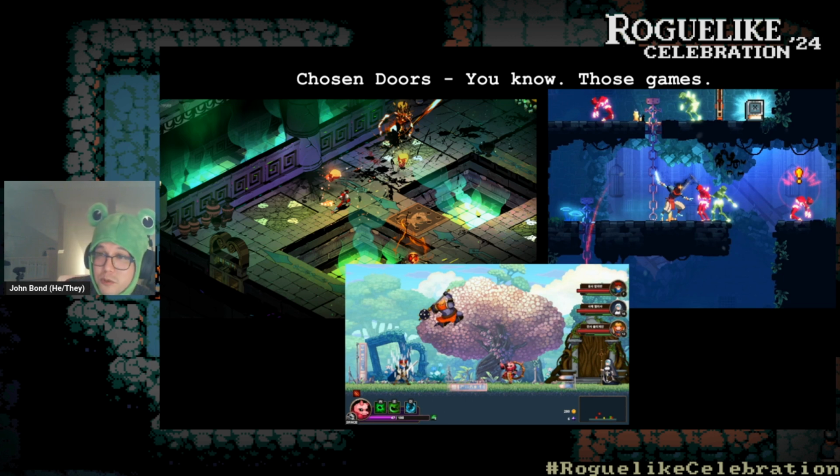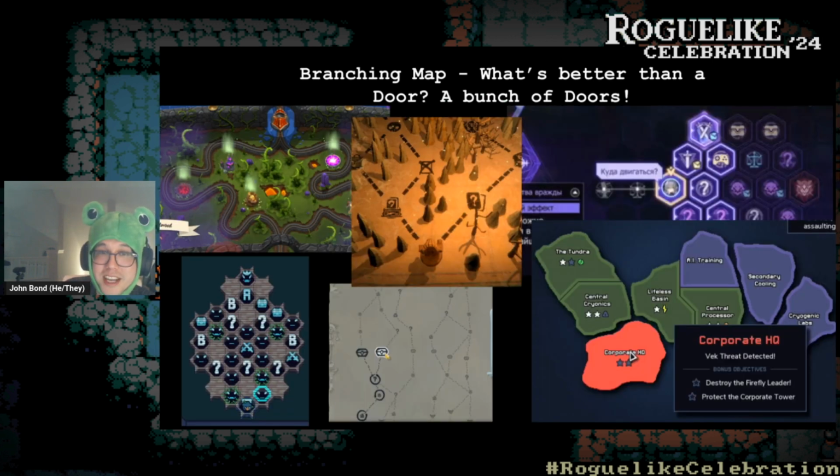We'll get to another system we see a whole lot more, especially now. The branching map style. This is stuff like Slay the Spire, very important as we were just talking about, and stuff like Into the Breach. Note that the map itself isn't a door. It's the icons on the map that are doors, iconography. This becomes much more important for games with lots of mechanics and gameplay styles because it's hard to get that amount of info across with just door iconography. But you also don't want tons of menus popping up in the normal gameplay section.